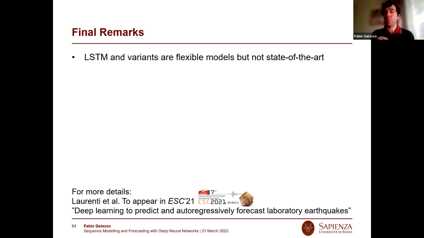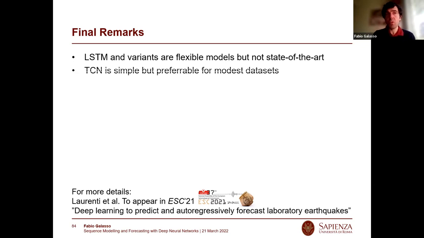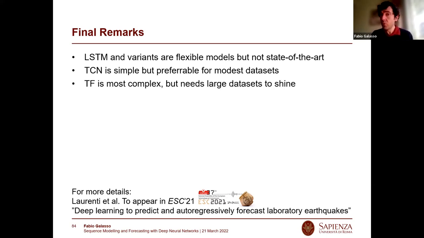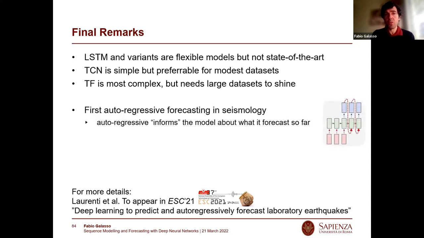The LSTMs are flexible, but they're not state of the art. The TCNs are simple, and they are the preferable models for modest data sets. The transformers are probably the future. We're going to have larger and larger data sets, and there we can see that they really shine. What I believe is important in this study